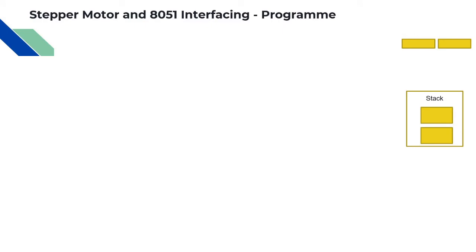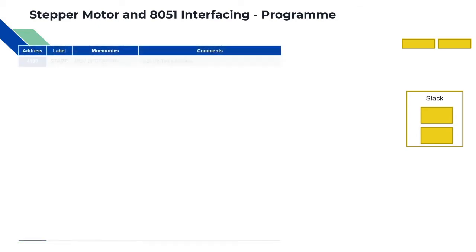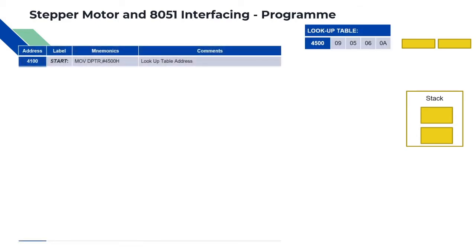Let's get into the program. Let's go step by step to understand how we can write such a code, right? Let's create a lookup table where you will store the values corresponding to the type of control scheme that we'll be using. Currently, I have selected a phase scheme, right? The values are taken from the phase scheme method, which is loaded in the particular memory location 4500. That reference is actually given here.